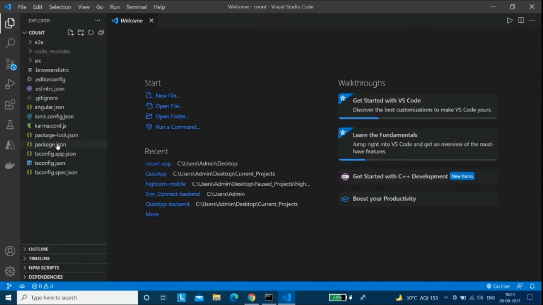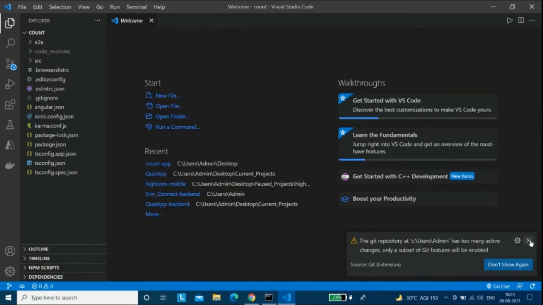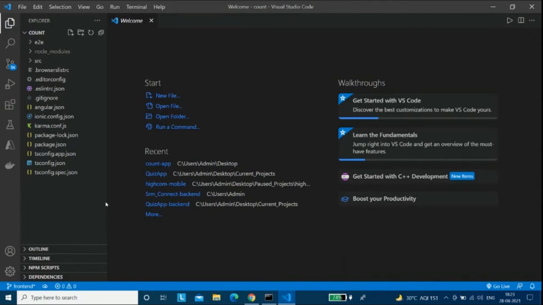Next is package.json. There are a lot of node packages which we are using in our project currently, and there are times when we have to download some external node package. package.json basically contains all the information about all the packages which we are going to have in our project.